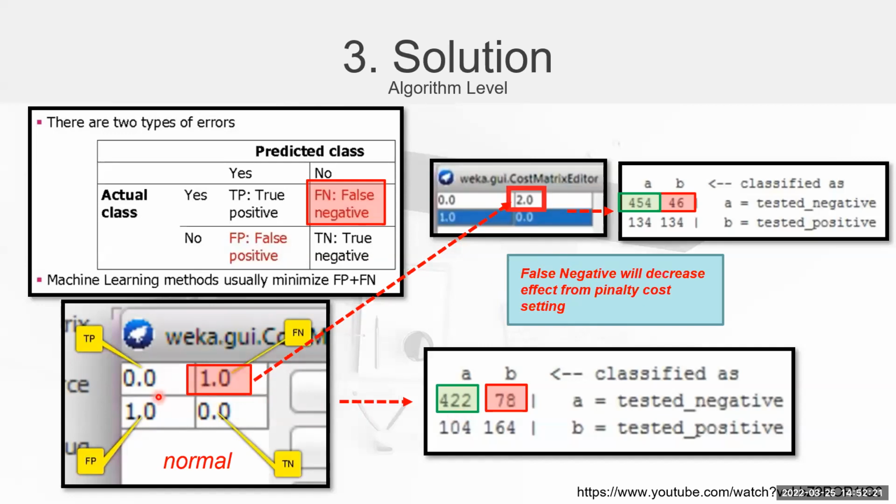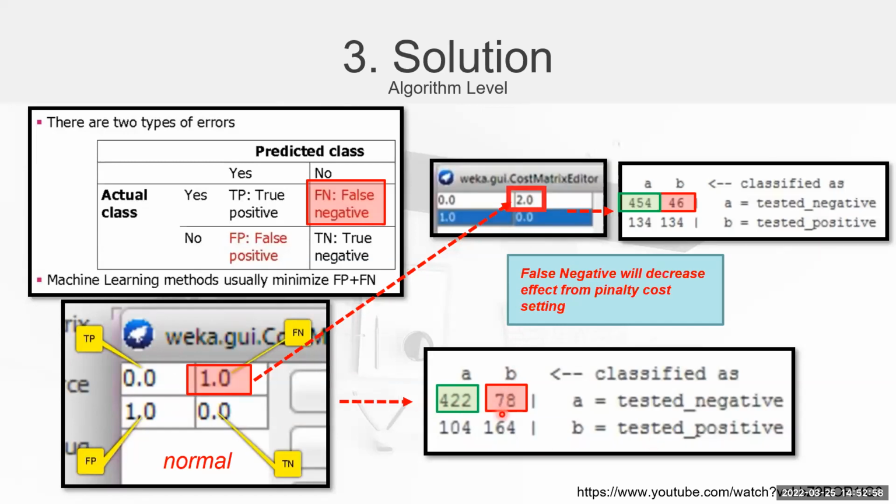If we use the same cost penalty, this is normal, this is 1 and 1. If he is misclassified in the positive class, he will get the 1 penalty, and also for the minority class it gave 1. But if we set the cost penalty higher in the minority data, this is the effect.